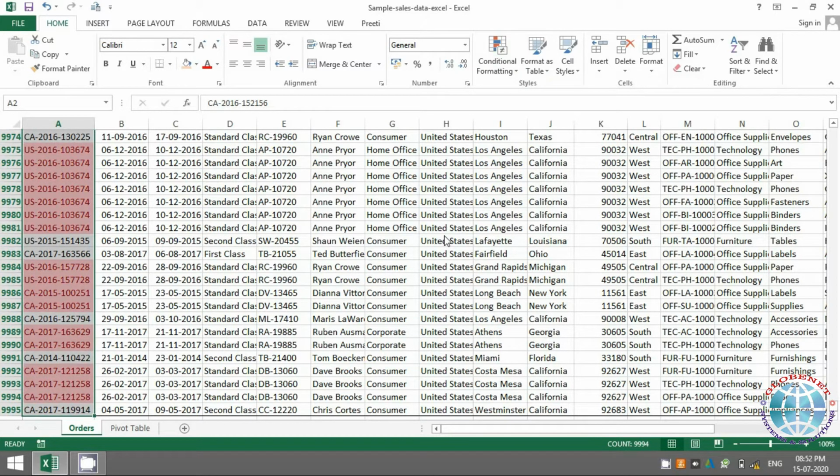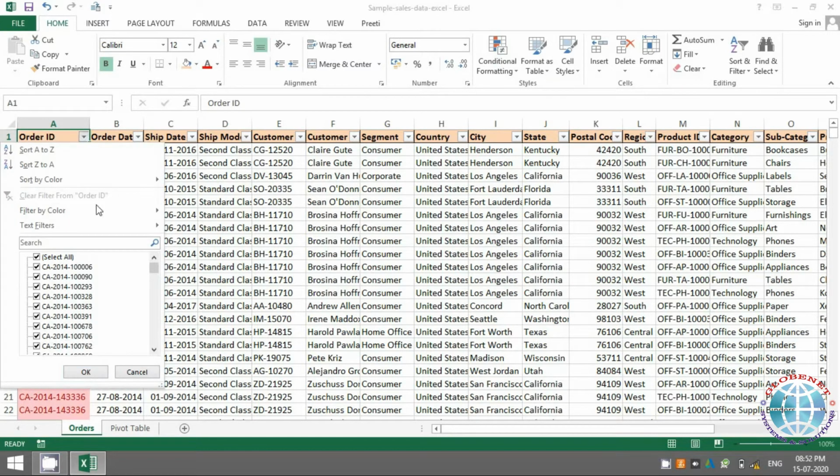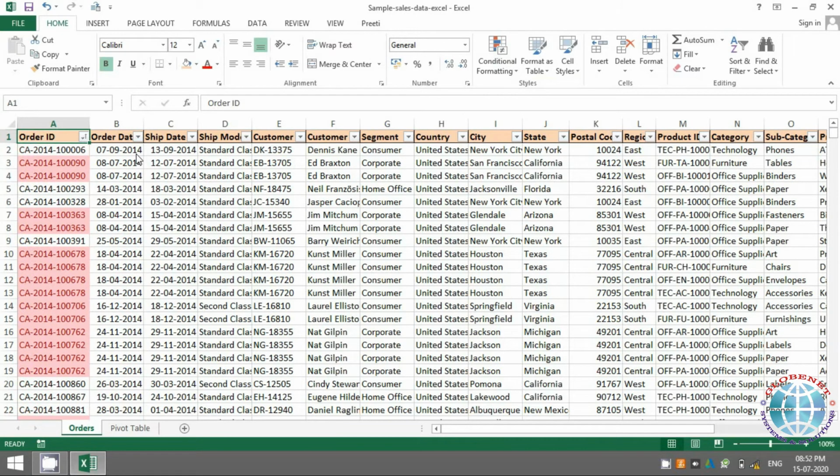So you'll quickly get to see all the duplicate values at once. It gets highlighted, and if you sort it, it will get grouped together also. So for example, if I just sort my values, do an A to Z, you can either sort it by color and just get all the red together, or just do an A to Z or Z to A, so you get everything grouped.